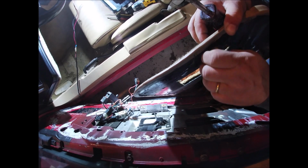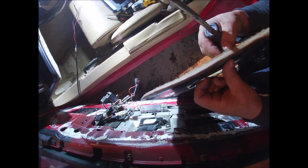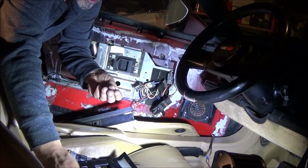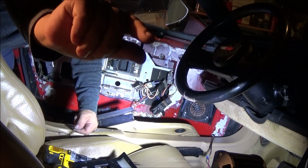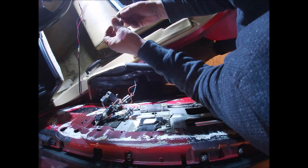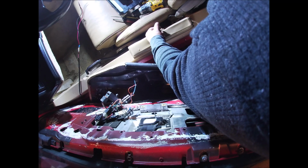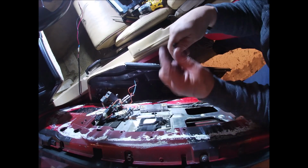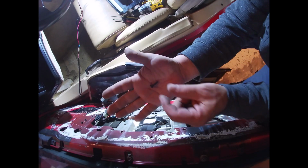So I'm going to replace all these because they're just old. And that is the correct screw for the door panel. It's got a collar and everything. Right there. All right. You can see the collar,